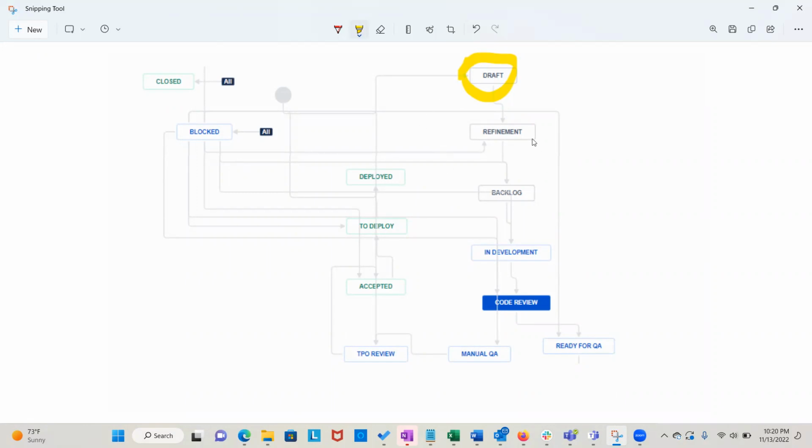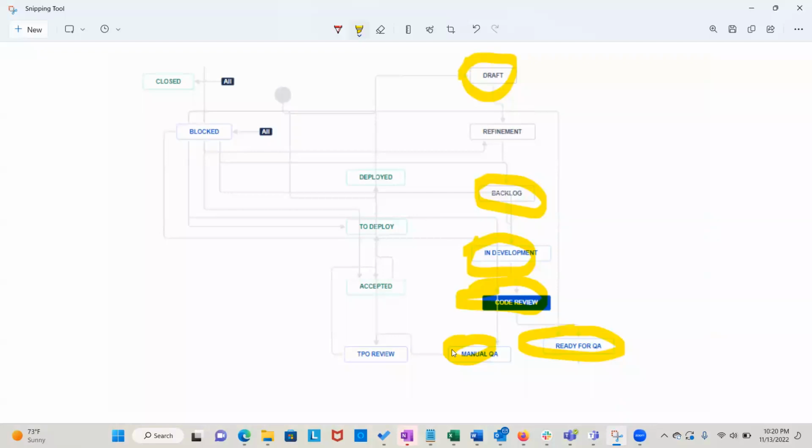But for bugs, I'm going to highlight which ones are applicable. So draft, backlog, in development, code review, ready for QA, obviously manual QA, but you really don't need to worry about this. Ignore this one for a second. After that, it goes to review, TPO, technical product owner review.